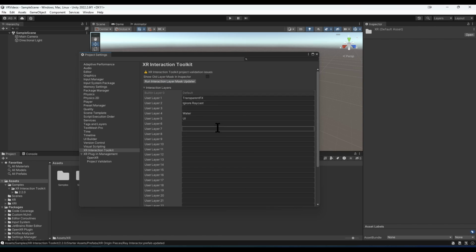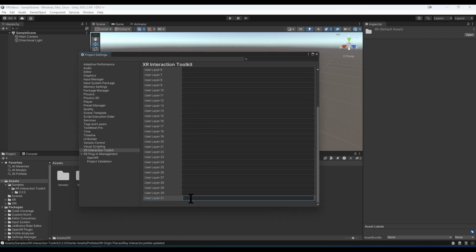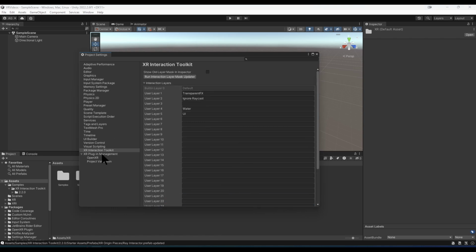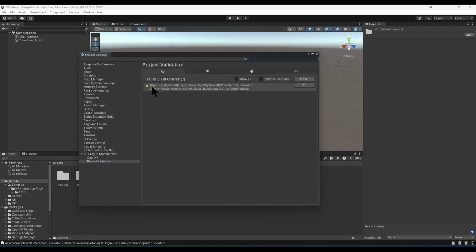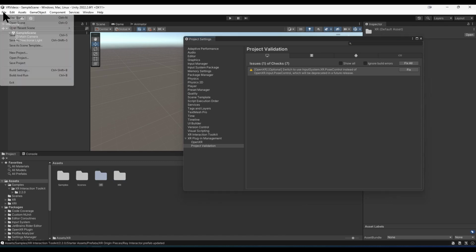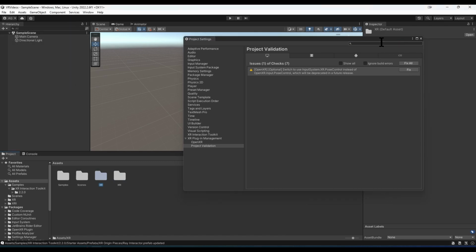However, one thing that doesn't auto-populate is that layer 31 should be teleport. Now it will give you this warning most of the time that it should be teleport. Not sure why it doesn't just do it itself. Alright, now we can go back in here and let's see what our errors are. So it says this is optional. I do think it's a good idea to do this though. Use the most up-to-date. What I like to do is just hit File, Save, and then we're going to hit